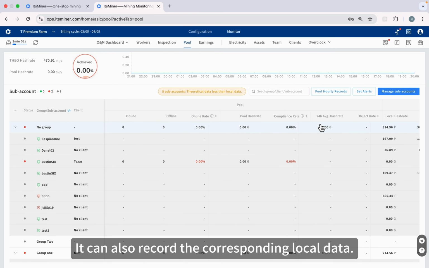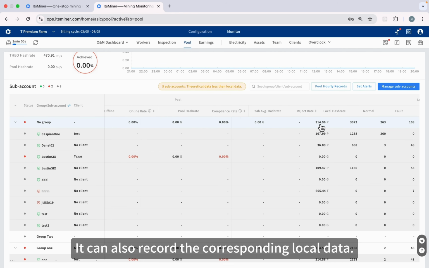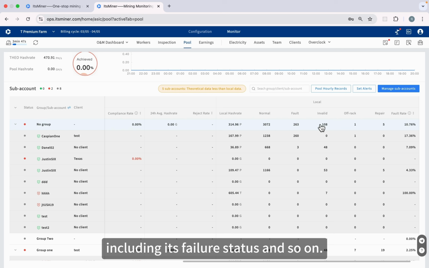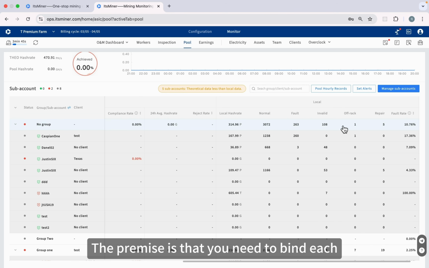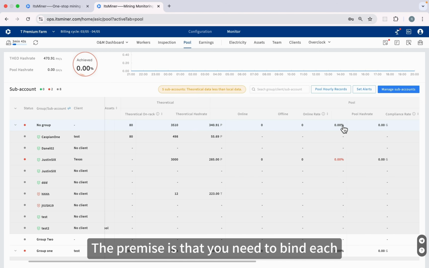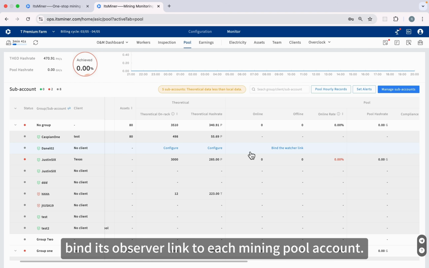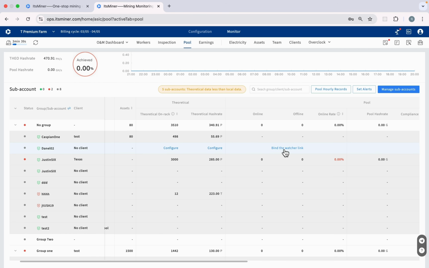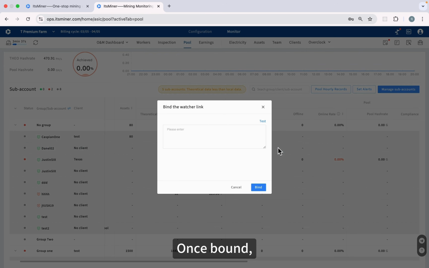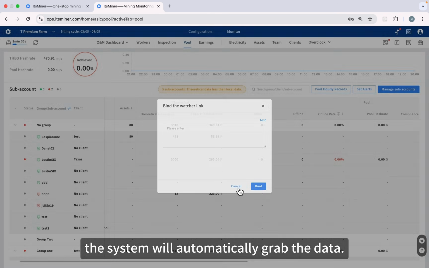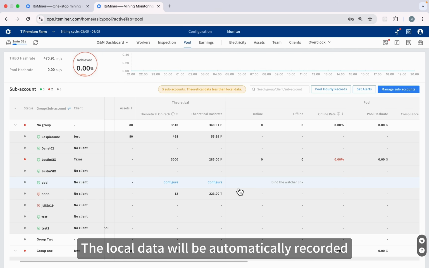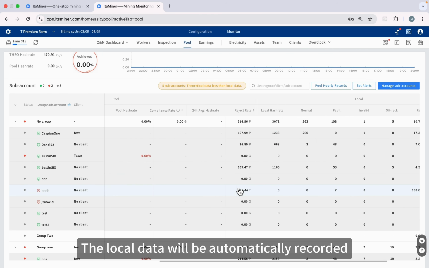It can also record the corresponding local data, including its failure status and so on. The premise is that you need to bind its observer link to each mining pool account. Once bound, the system will automatically grab the data. The local data will be automatically recorded